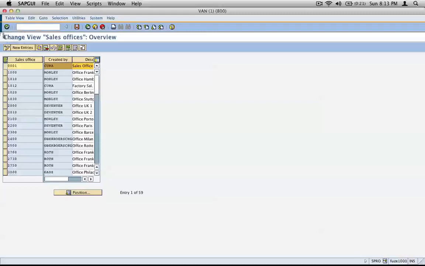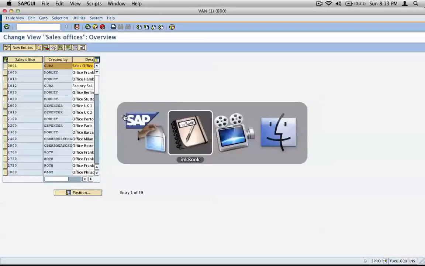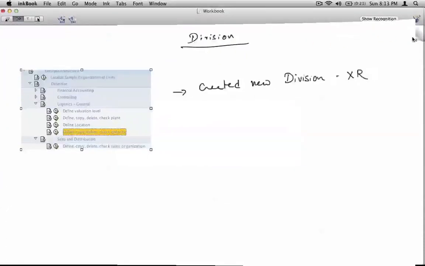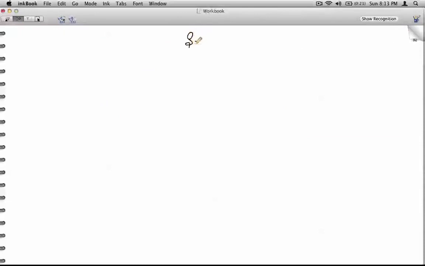Now I'm taking a different approach here. I'm saying you can either copy or you can create your own. But that was not what I said when we were creating sales orgs or distribution channels, especially sales org. The reason being,